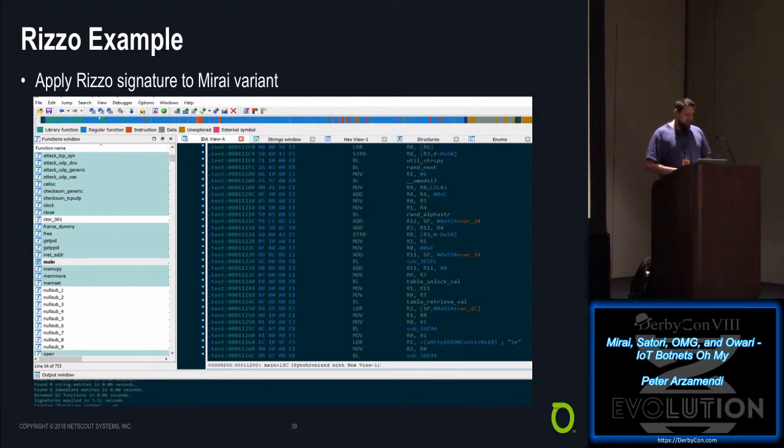Another example of using Rizzo and Diaphora, it's not just limited to Mirai. Recently there was a new bot that came out called Tori. This bot was built off of uClibc. So with the same idea in mind, we can build a Rizzo file or a Diaphora diff database based off of uClibc, and then apply that to the stripped version of Tori